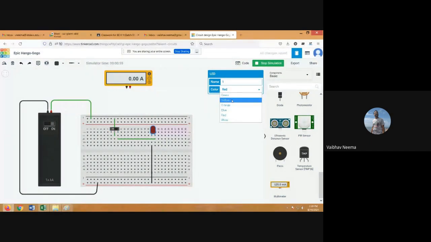Suppose I require that this LED should be a blue color LED or a white color LED. You can do that also. When you turn on, turn off, you can change the color. Now I require that this should be green color. Turn on, turn off. All of you now stop the simulation.